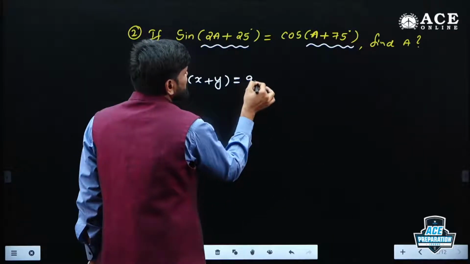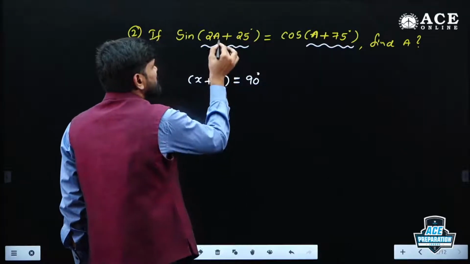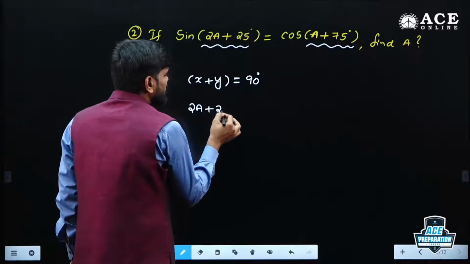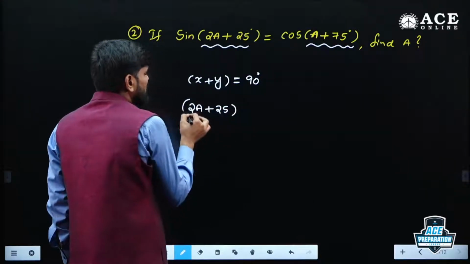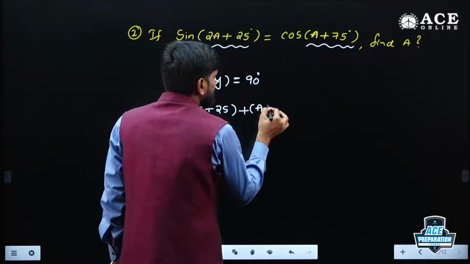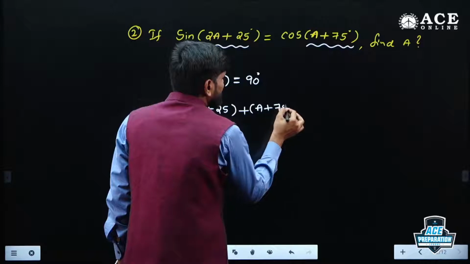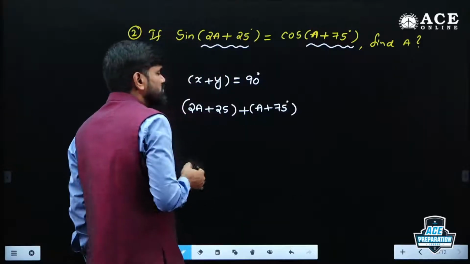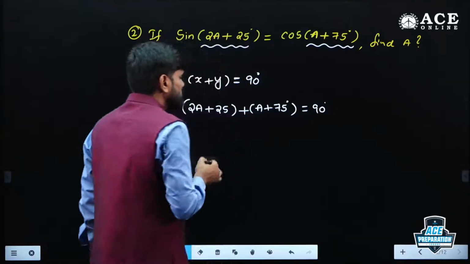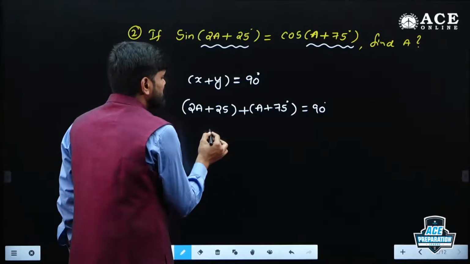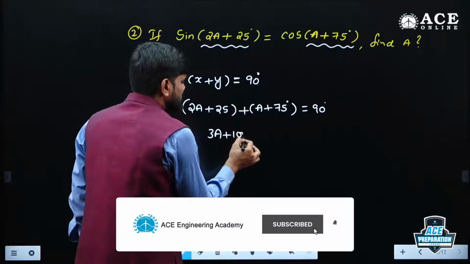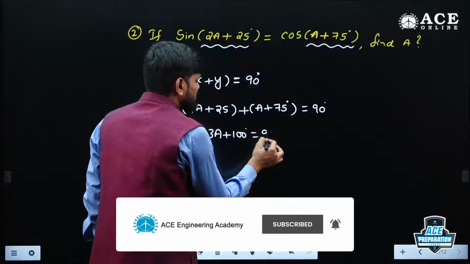In place of x we have 2a plus 25, plus this a plus 75. 2a plus 25 plus a plus 75 together must add up to how much, dear? 90. So from this we can say that 3a plus 100